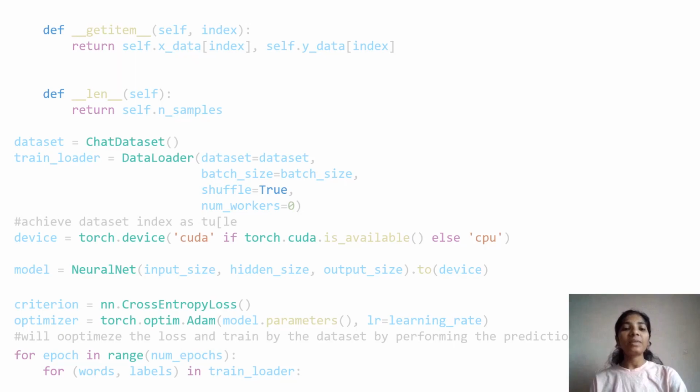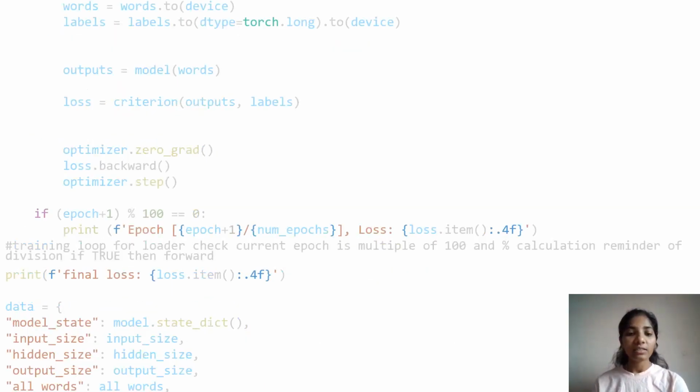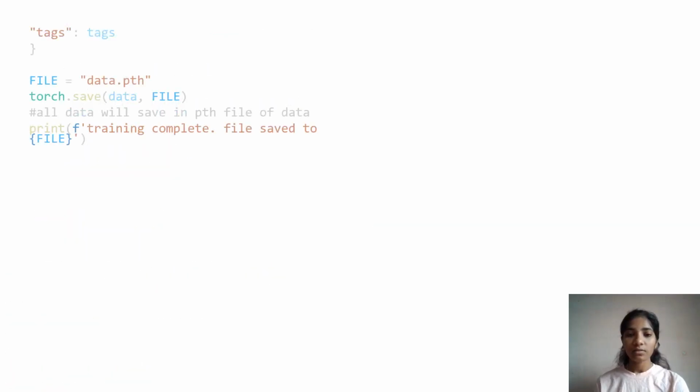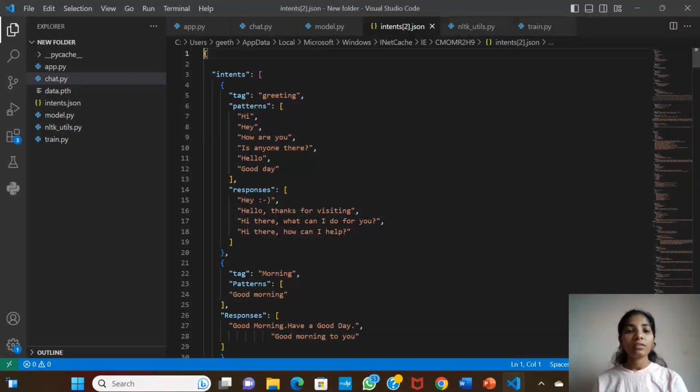Batch size determines the number of training examples processed in one iteration before updating the model's parameters. And then we have added the input size, hidden size, and output size. In this we have used the torch device, and the training part is completed. Then I have worked on the intents JSON